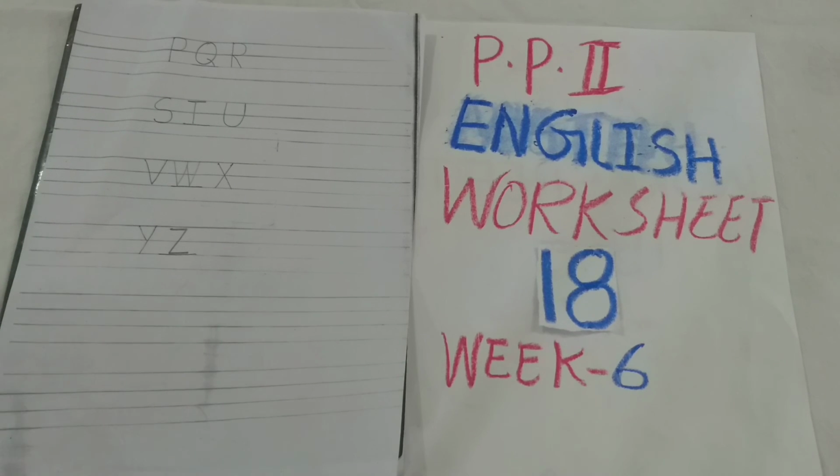So, like this you have to complete your worksheets. Just now we have completed our worksheet number 16, 17 and 18 also. So, you know how to do your work. Okay. Now, I have explained everything, how to complete your worksheet. So, please complete your worksheet with neat handwriting. Send it to me for correction work.